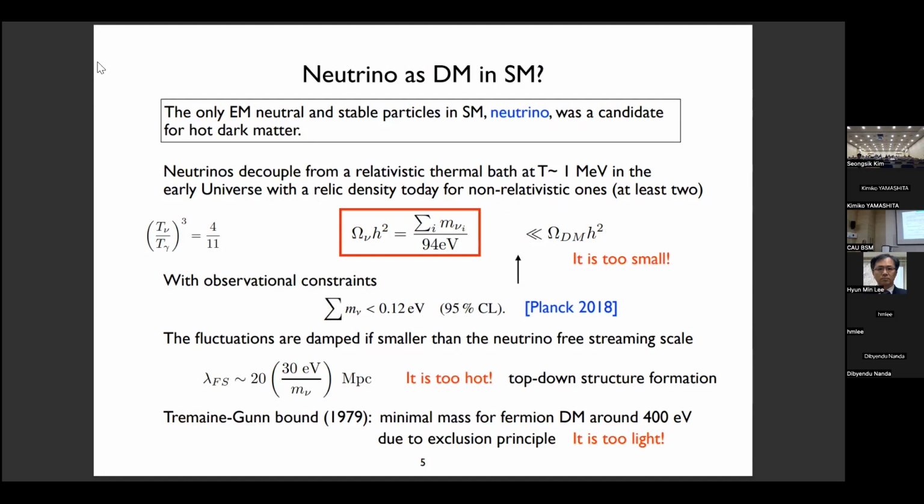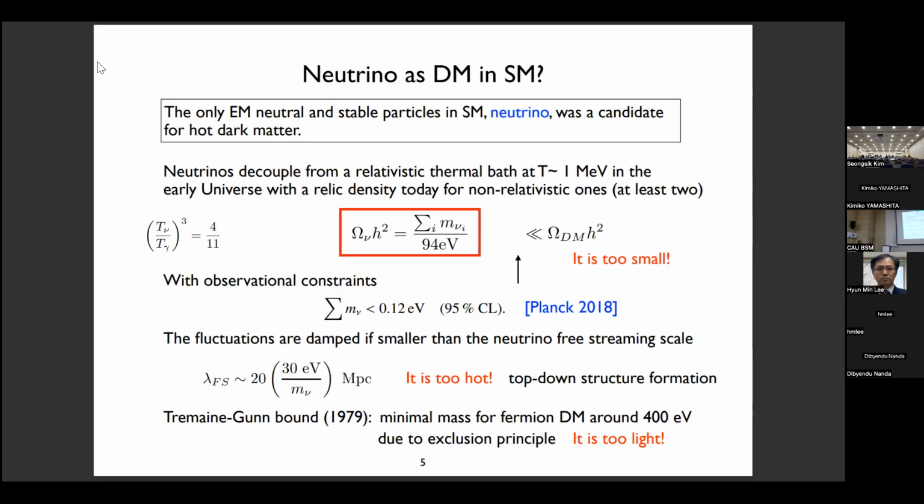Okay, so I'll give you some introduction about this experiment. In the standard model, we know neutrinos have weak interactions. In standard cosmology, we can calculate the relic density of neutrinos. If neutrinos are now non-relativistic, then at present the relic density is proportional to the mass. If we consider the upper bound on the sum of the masses from the Planck satellite, which should be smaller than 0.12 electron volt, then the neutrino relic density is much smaller than the dark matter density.